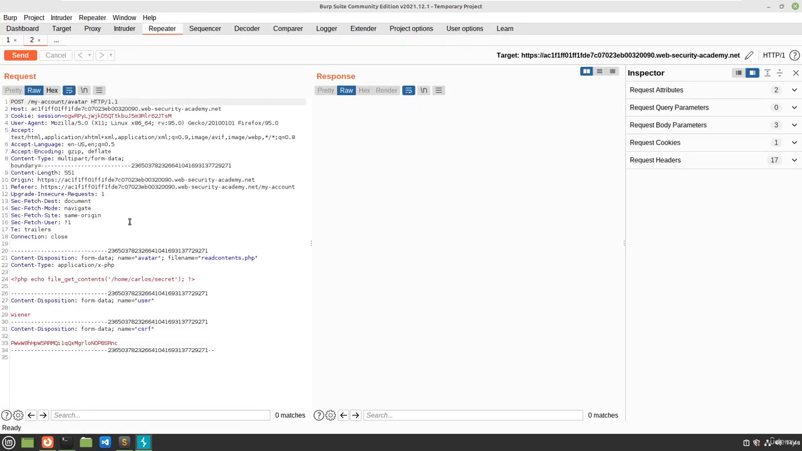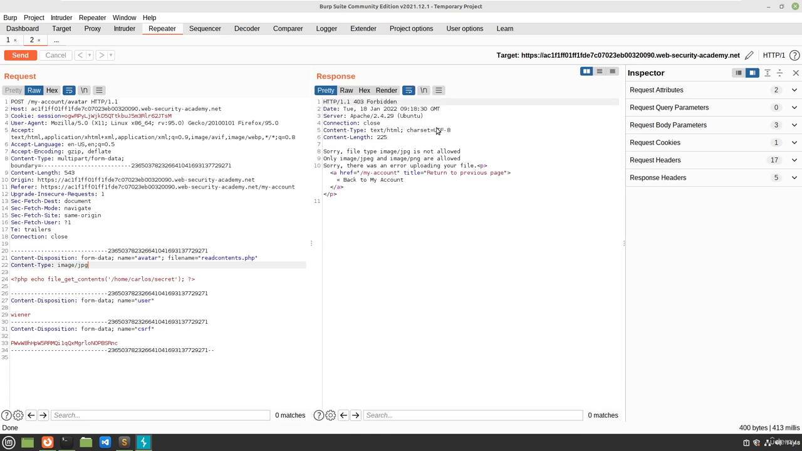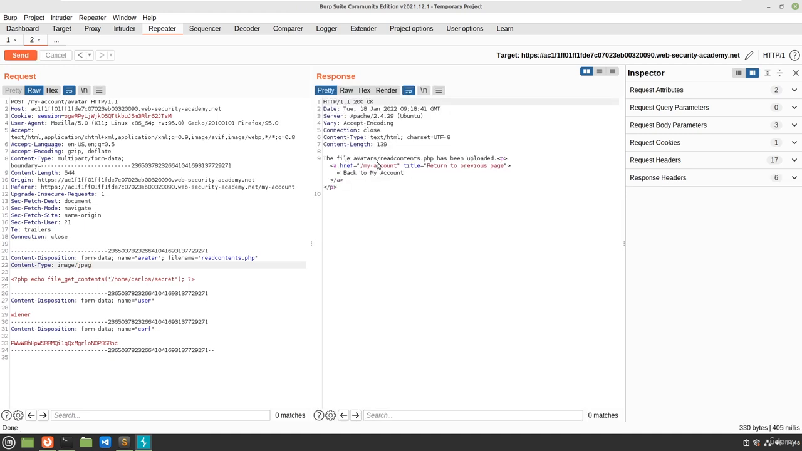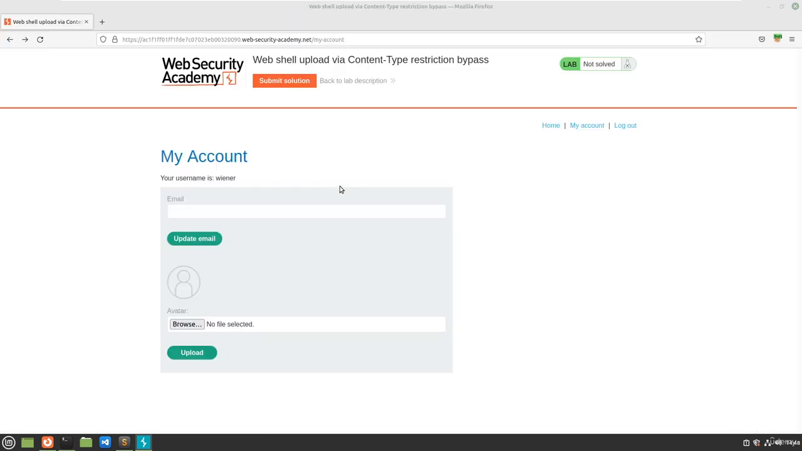So what we can do is manipulate this from application/x-php to image/jpg. So let's send this one, and here you can see okay, only JPEG or PNG. So we can just say image/jpeg, and if you send this one, you can see the file has been successfully uploaded. Now let's go and refresh this one,